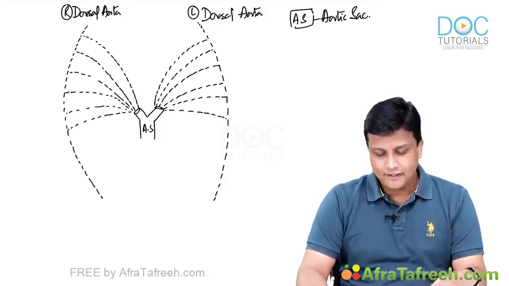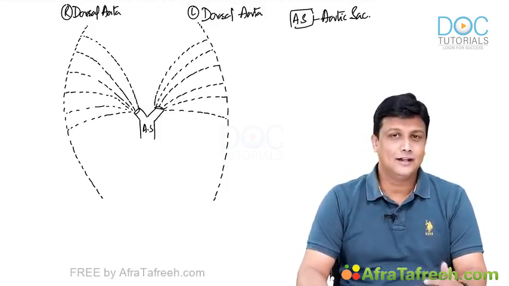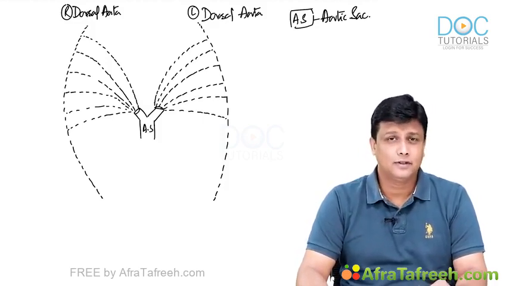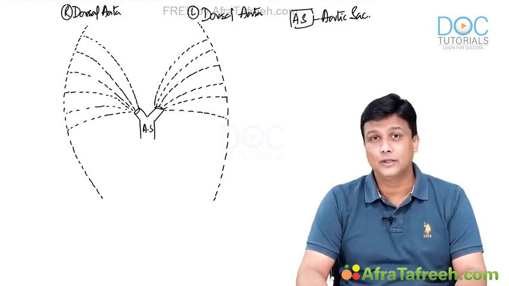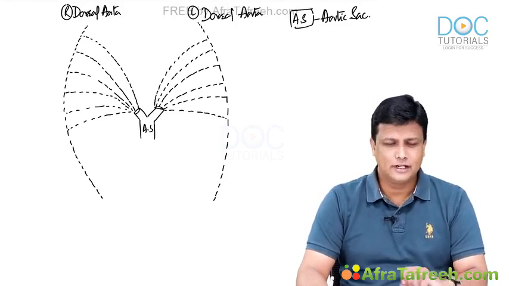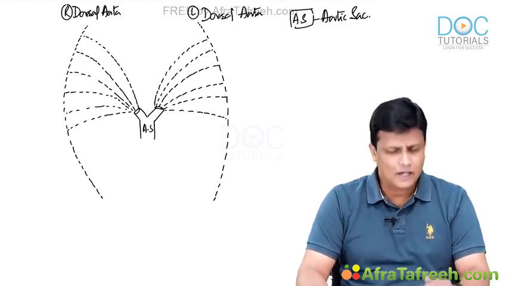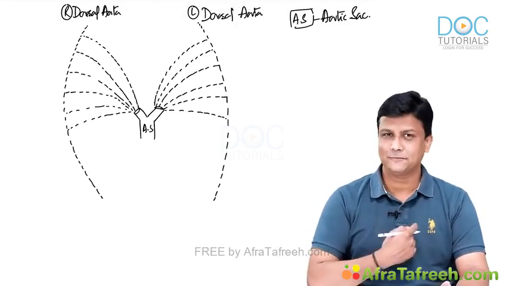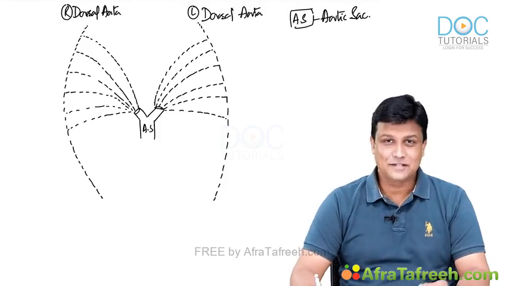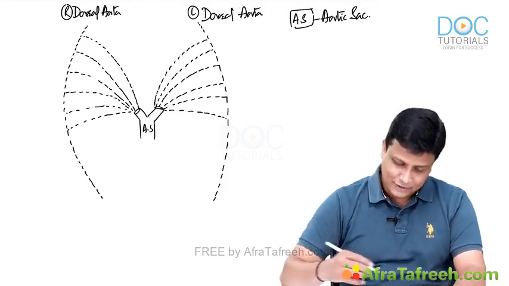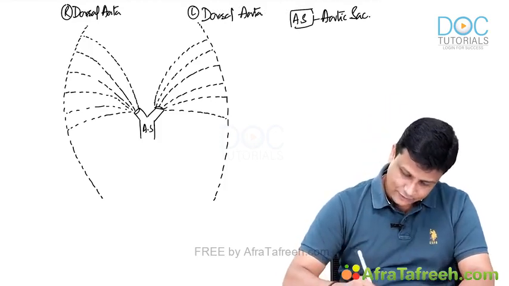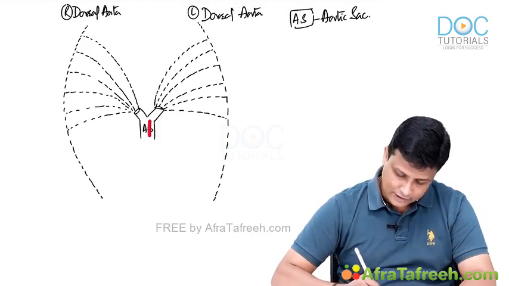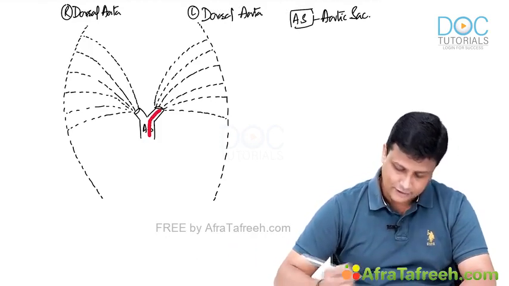Now once the entire platform is ready, let us see which arteries will be developing from where exactly in an easy manner. And first of all, let's get started with the biggest one, the largest one, that is the arch of aorta. Apply common sense, guys, right from first year onwards. Arch of aorta we have been drawing towards the left, at least in our diagrams in books and all. So therefore, arch of aorta will be developing from number 1, the aortic sac, number 2, the left horn of the aortic sac,